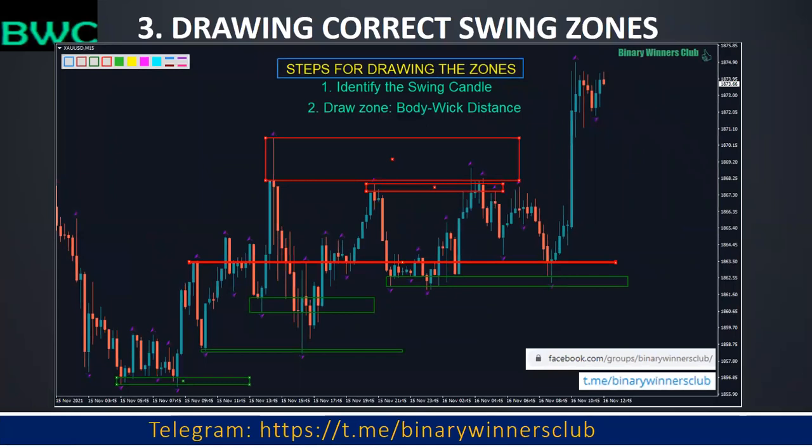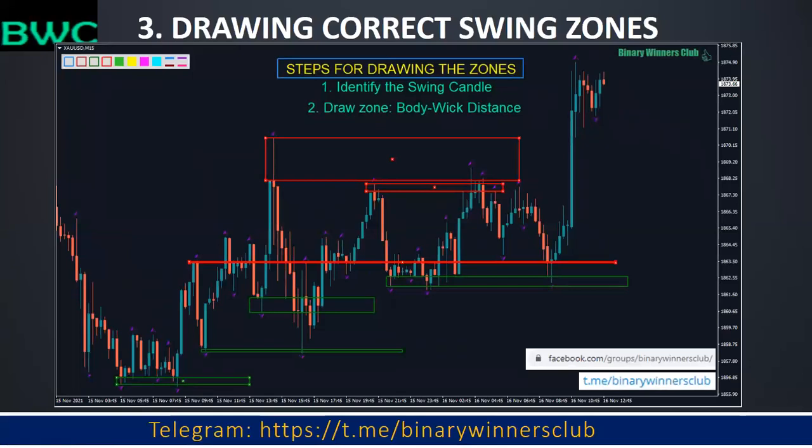Now look at this. The green zones are support zones. The red zones are resistance zones. These are the swing high zones and swing low zones. I'm drawing red here because normally I would expect the market to go bearish from these zones. I expect the market to go bullish from these zones. And we are accustomed to green for bulls and red for